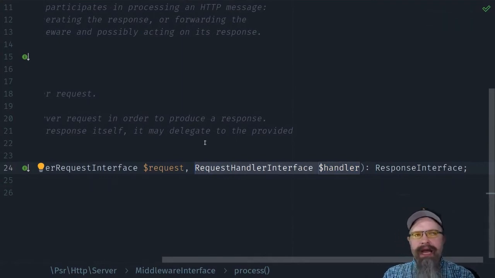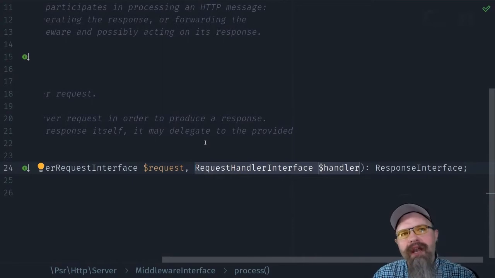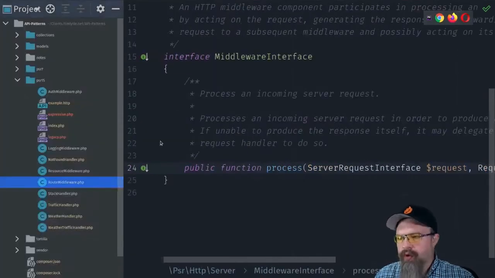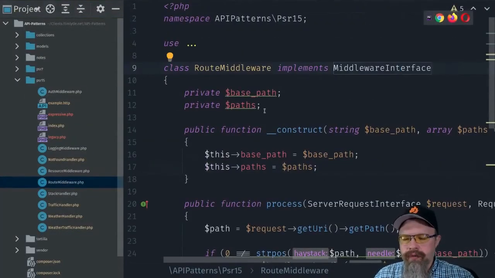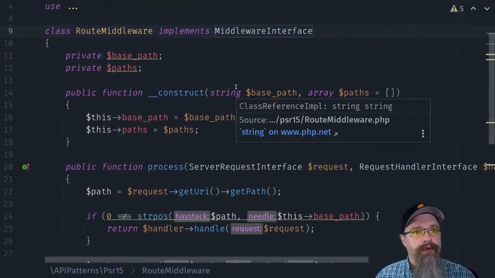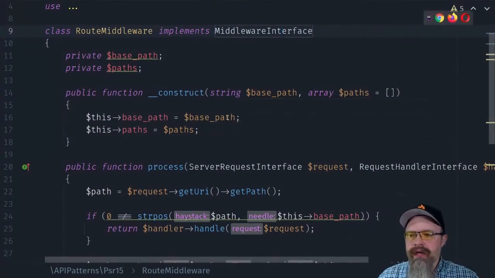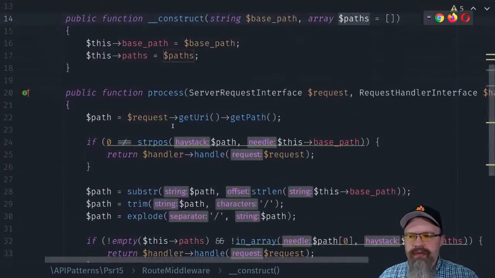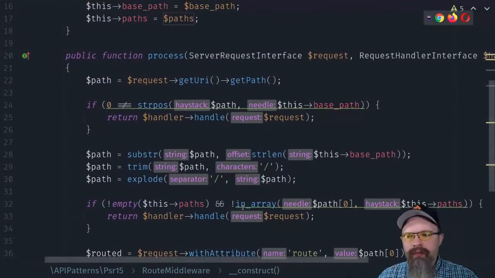So I act kind of like a handler in that I have a request and you expect me to give you a response back, but I also get another handler. So let's see what this allows us to do. We'll take a look at a route middleware. Now this is going to look a lot like some of the code in our traffic and weather handler. We get a base path, an array of paths, so we'll set those when we construct it. And then when we process this,